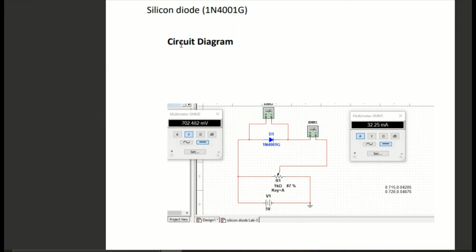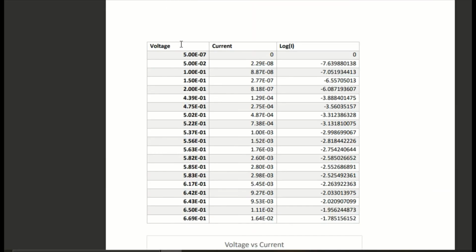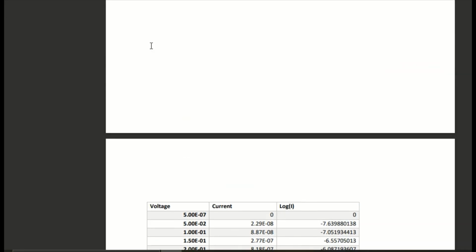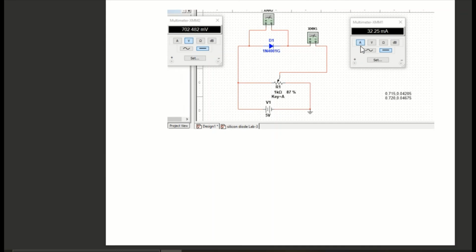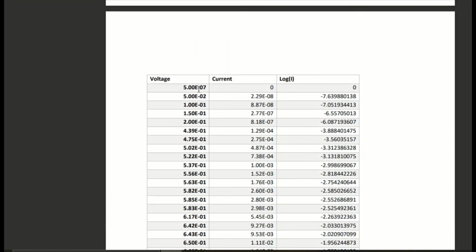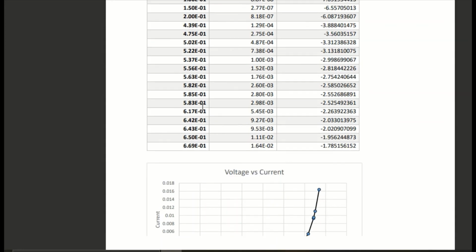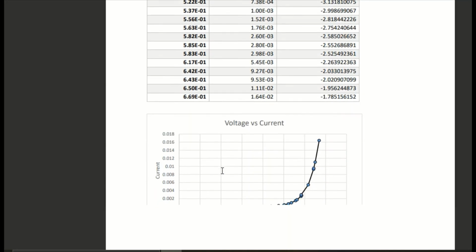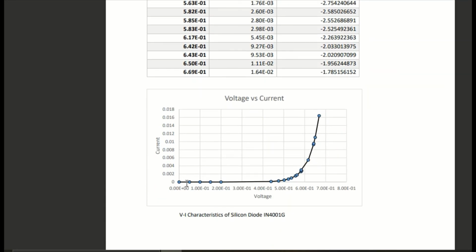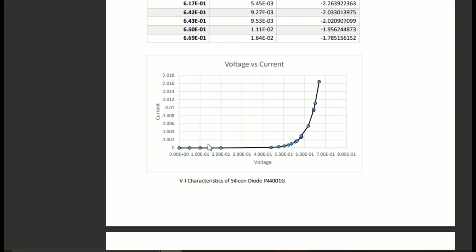This is the circuit diagram as I have shown previously. The voltage, current and log I characteristics we need to record from the Multisim circuit. Here is the voltage value as well as the current value, and we need to apply it for every single percentage. There are actually many values you can use for getting a graph like this. This is the forward bias characteristics